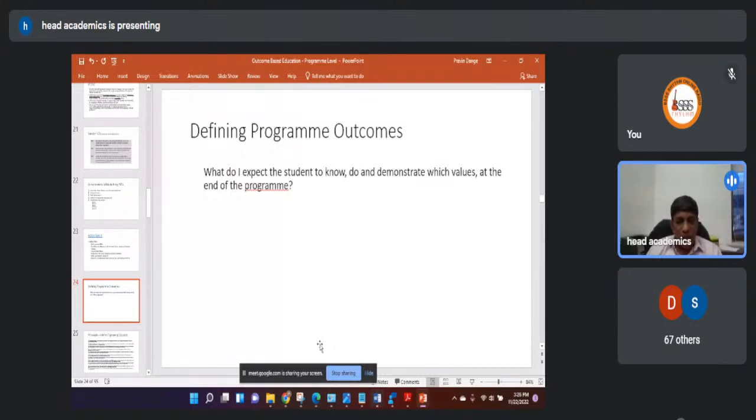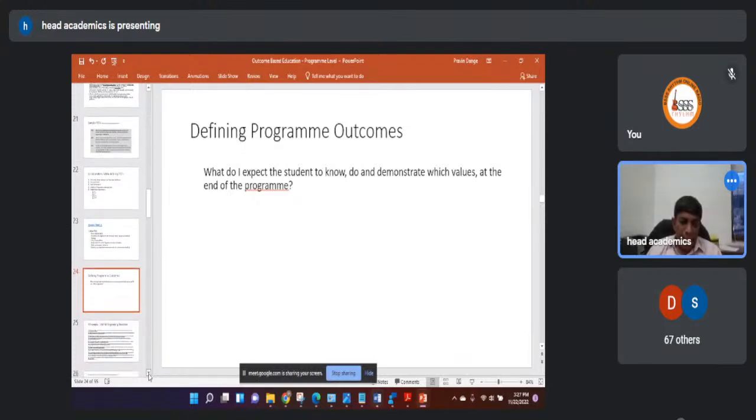See, the treatment of POs and PSOs is the same. So materially, a PO and PSO is interchangeable in the context of the program. But if you're evolving a common set of program outcomes for a set of programs, then it makes sense to have additional PSOs. The other way of looking at it is generic higher education outcomes, which are related to generic competencies: communication skills, problem solving skills, team building skills, right? Or 21st century skills. These are common generic outcomes. Those are called POs. And in the domain of the program, if you're mentioning some outcomes, those are called program specific outcomes. Are we on the same page?